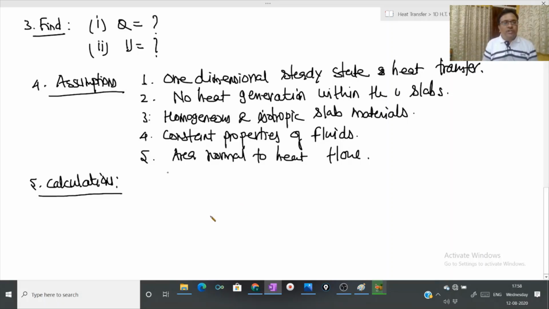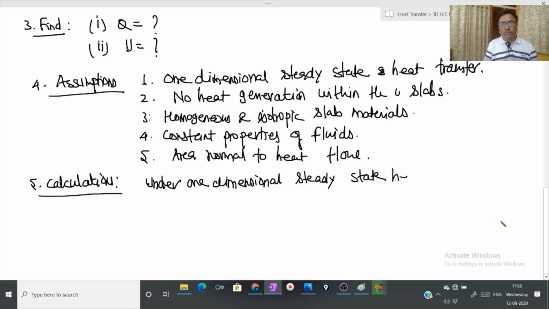So first let us write down the equations of individual rate of heat transfer from the fluid layer and different material layers. Since we have assumed one-dimensional steady state heat transfer,